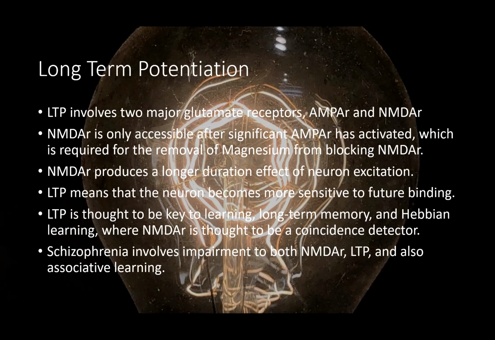if it's only the AMPA receptors that are firing, the neurons will decay really fast, and the two neurons firing will likely not overlap. One will be on, the other will be off, and by the time the other one turns on, it'll already be too late for coincidence. So, in essence, the longer duration of activity on the neuron gives a larger window for two neurons to be turned on at the same time.